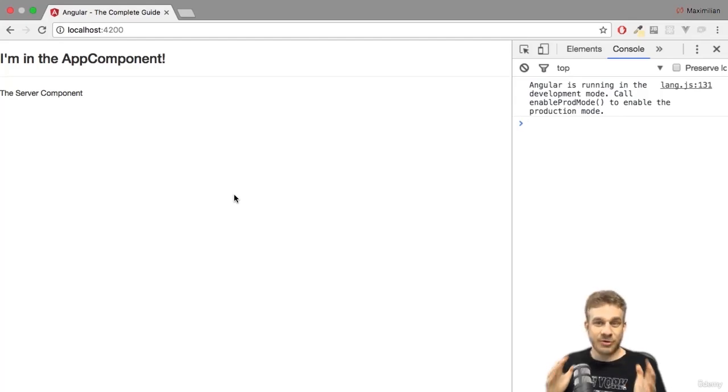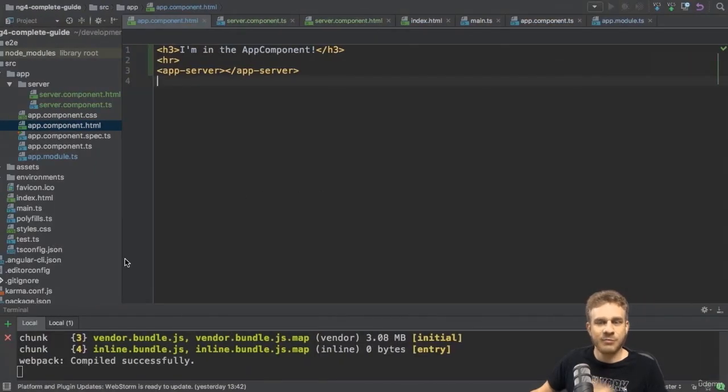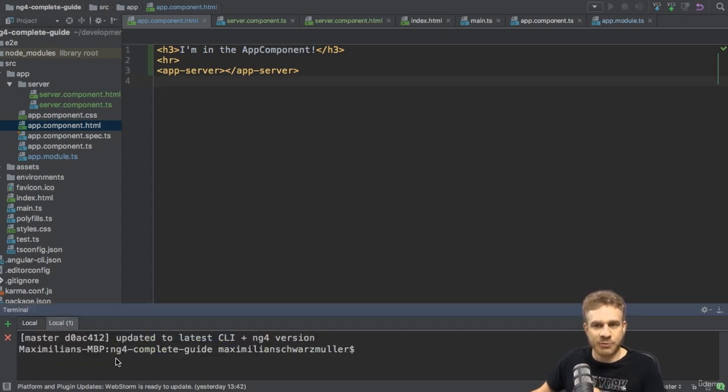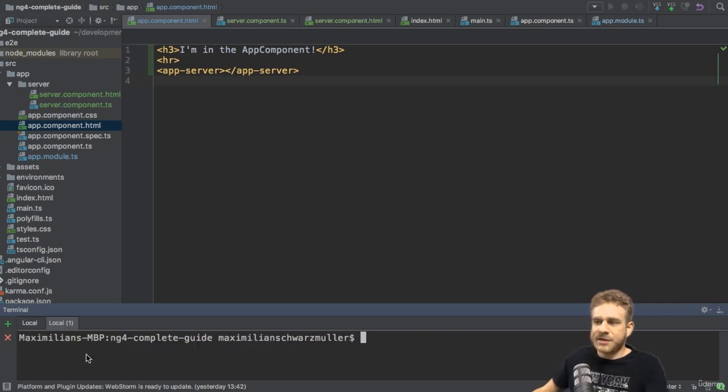In the last lectures, we learned a lot, including the creation of a new component by hand. Now, there also is an alternative to creating it manually. When using the CLI, you can open a new terminal window or command line, leave the ng serve window running, that's important, don't close it. And in this new window, we can use some CLI command to also create a new